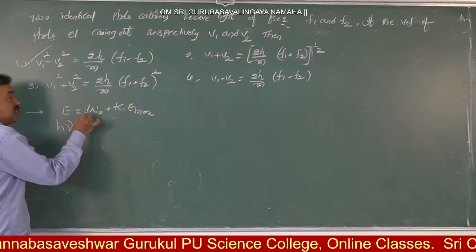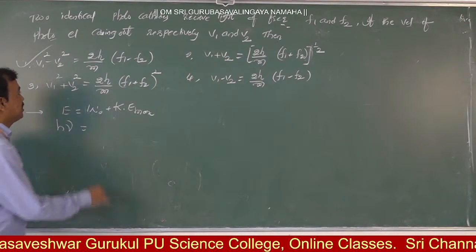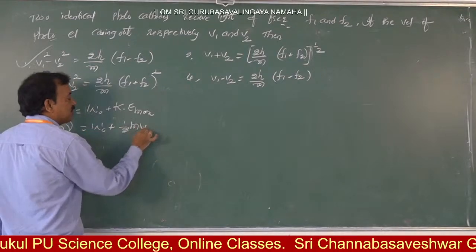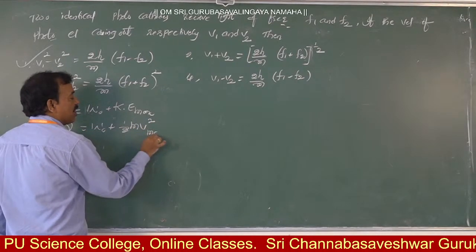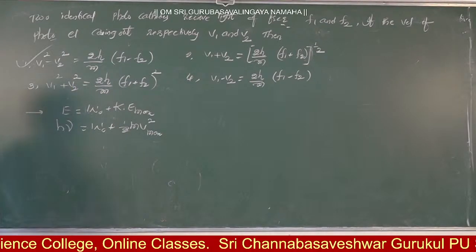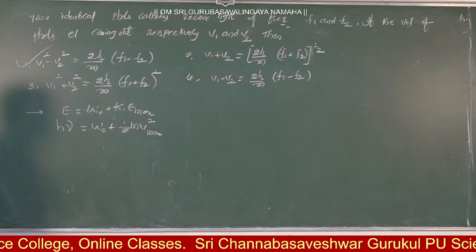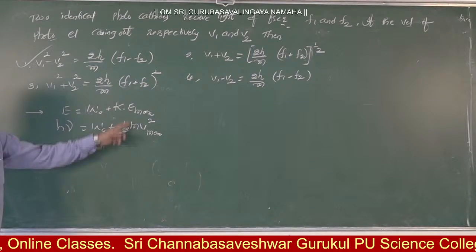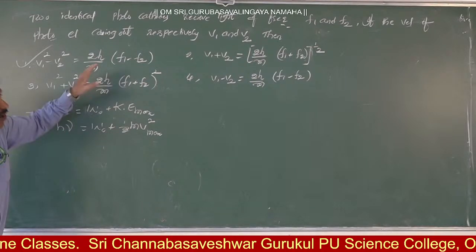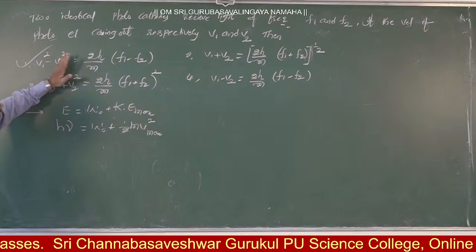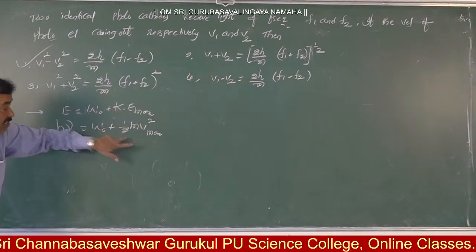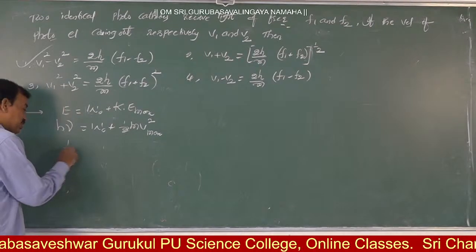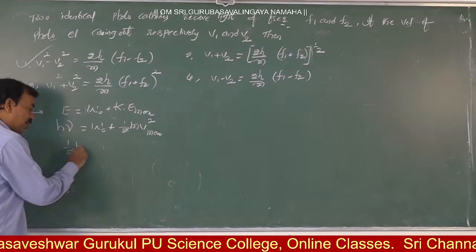W naught is the work function, and the other term is half m v square, that is, half m v maximum square, the maximum kinetic energy. For all options, the left side involves the velocity. So now we have to write the velocity equation: half m v maximum square is equal to